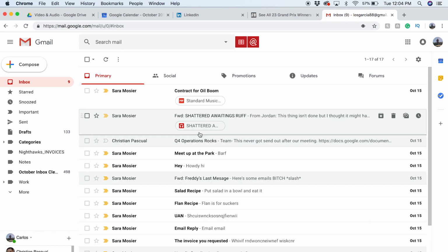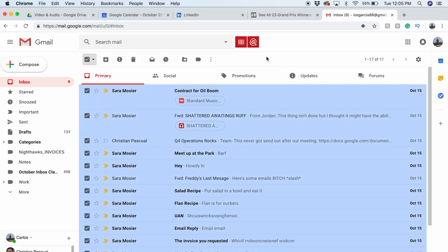Now, getting your email to this point is already huge because we've set Gmail to automatically organize incoming emails so that your human-to-human communications are front and center. But we're not done yet. Remember, our goal is to achieve inbox zero by checking that tab off, making sure every single email is selected. Then we're going to go to Move To,